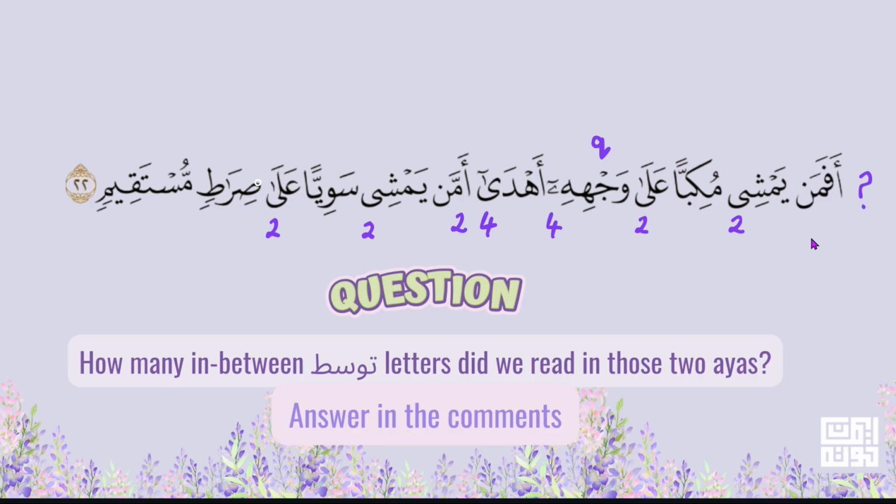Now, what about the sad? Is it elevated or lowered? The sad is elevated. What about the ta? We all know it is. What about the ra? The ra is. And the alif is a follower. It follows the letter. We do not say that the alif is elevated. No, it follows. It becomes elevated because of the letter that comes before it. So we say